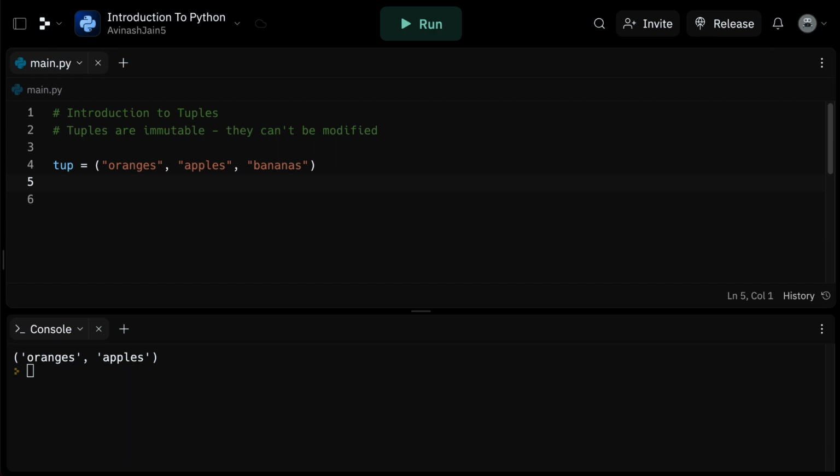Even though we can't modify existing tuples, we can concatenate them or create new ones based on existing tuples. For instance, if we have another tuple, say tuple2, which is a tuple of two numbers, 12 and 14, we can then concatenate tuple and tuple2 to create a tuple3. By simply saying tuple3 is equal to tuple plus tuple2,